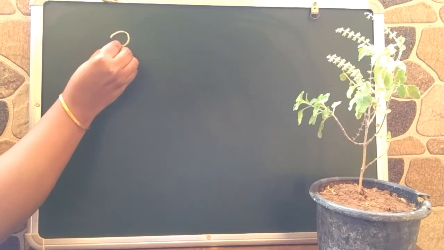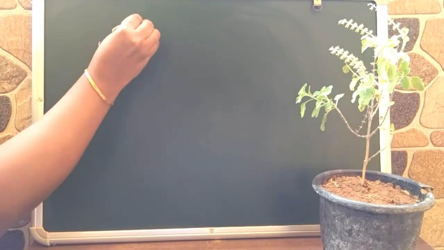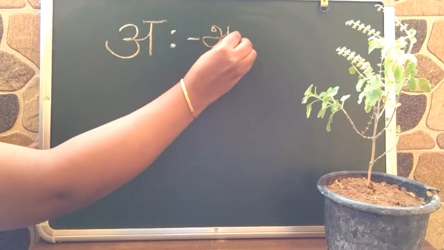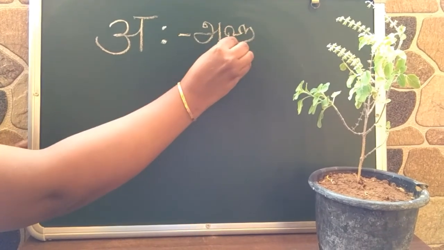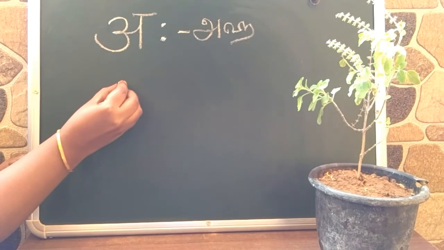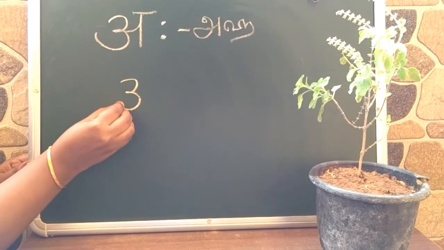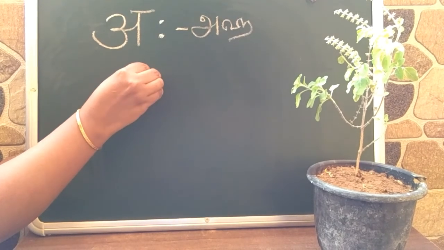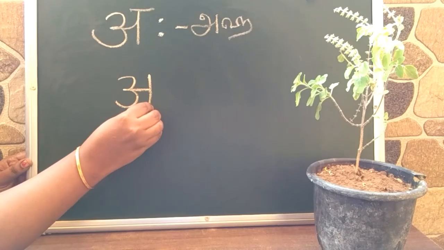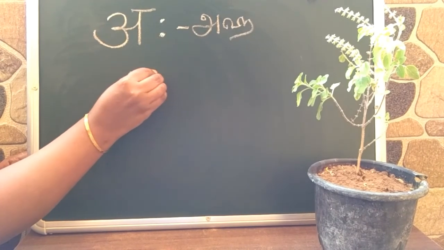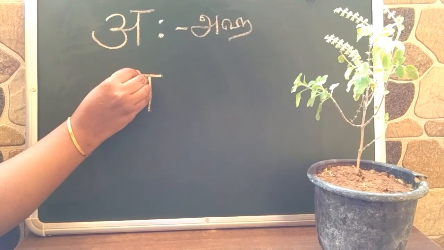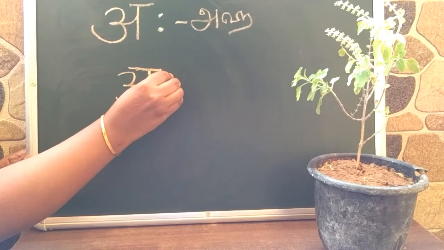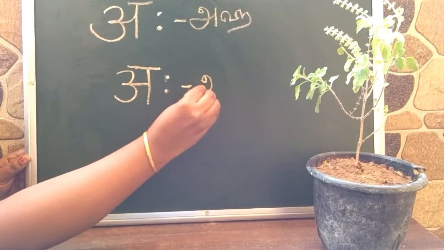Our last letter is. Now I will teach you how to write. First we have to draw number 3. Then draw a sleeping line from the middle and connected to that the standing line to touch the sleeping line. Finally, draw a sleeping line on the top and 2 dots on the right side like this. This is letter.